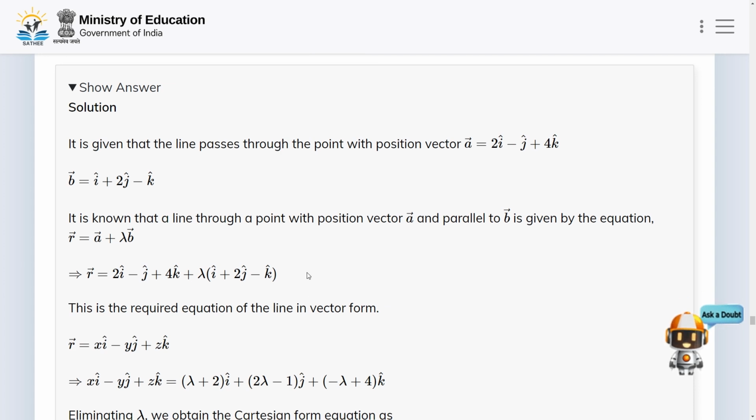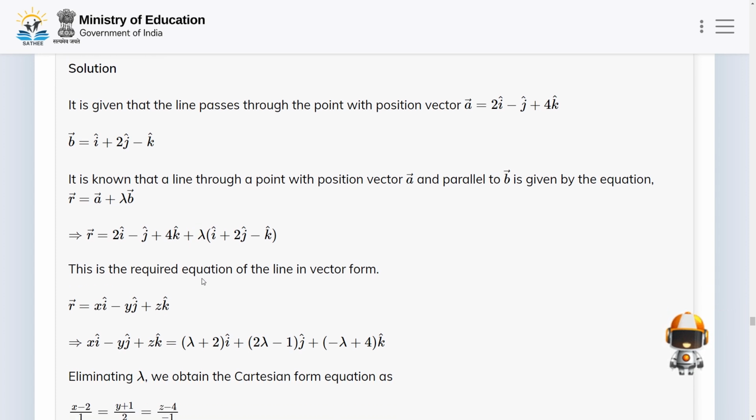Now this will be your required form in vector form. Okay. Now to find out the Cartesian form, combine the i hat, pair the i hat things, pair the j hat things and pair the k hat things. What do I mean by that? It's very simple. First of all, distribute this lambda to each component here, i hat, j hat, k hat, and then